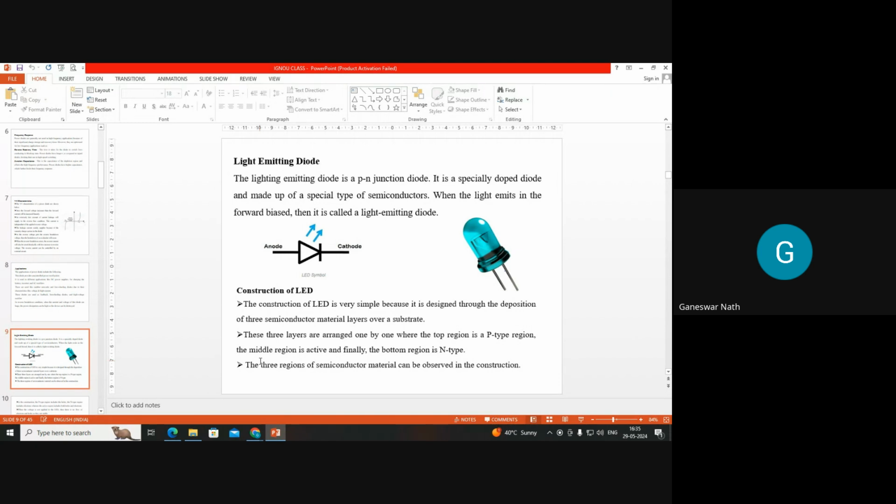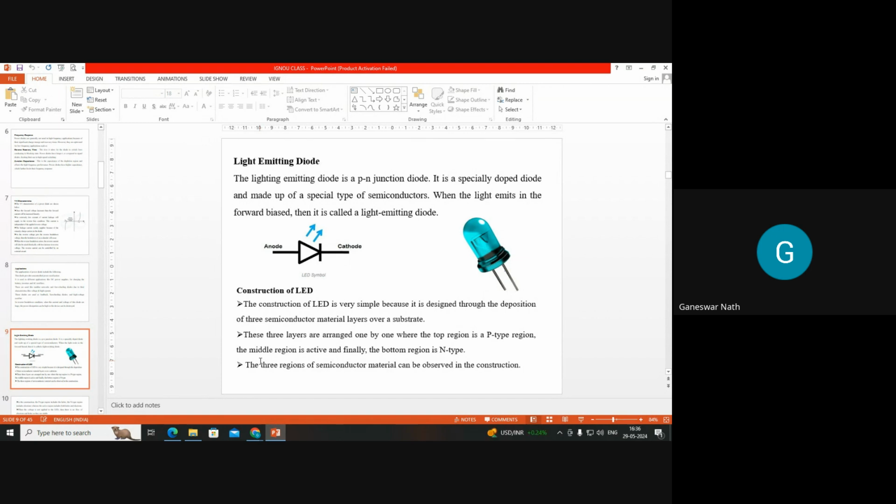When you look at the design or construction of these devices, you find they are made of multiple materials, and the multiple materials have different transition times. Depending upon the different transition, they emit a different color of light. That means we get different colors of light from a single material when they are excited in different regions. So the construction of an LED is very simple,